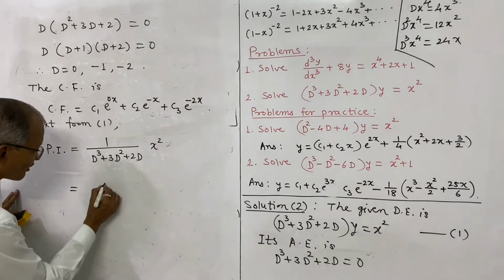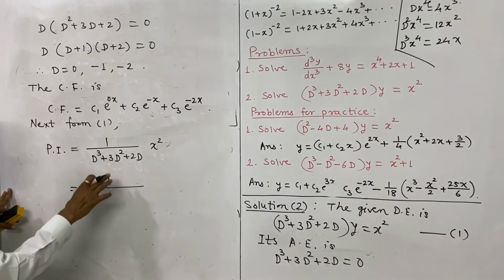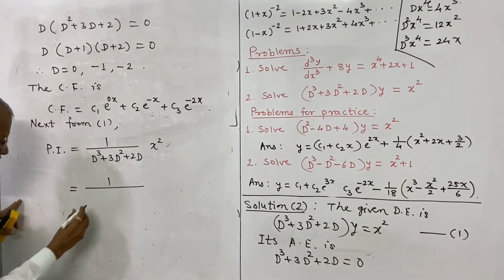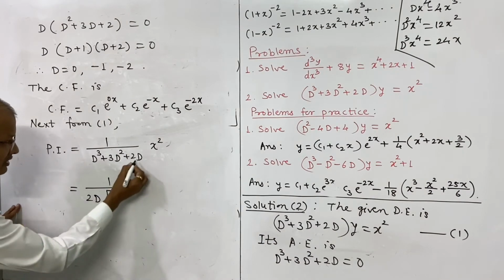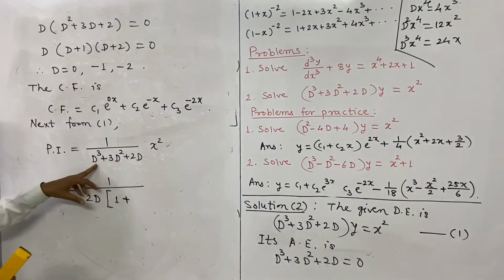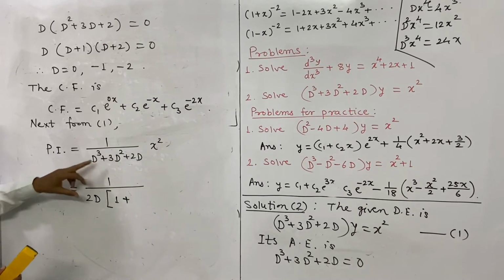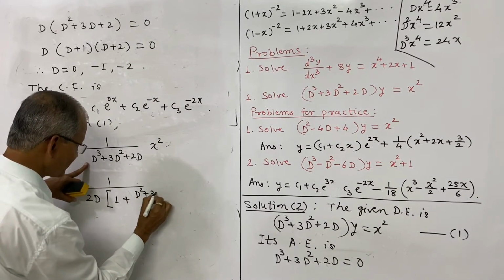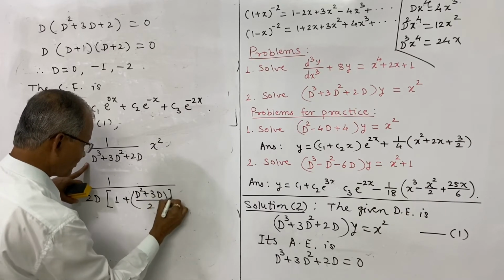So take the minimum power of d common. We have written earlier, take the minimum power of d common. In the last example it was only a constant, so this 8 was taken common. Here we have to take 2d common and write the terms in the reverse order. So I shall write 1 plus, now the remaining terms when we take 2d common, d cube plus 3d square divided by 2d. So one power will be less, and that will be d square plus 3d divided by 2.